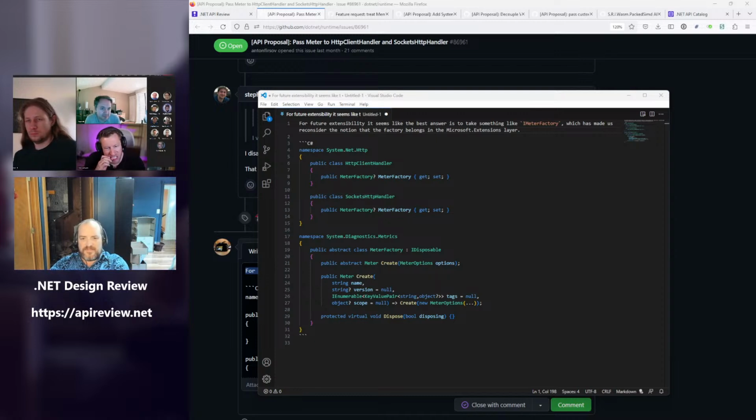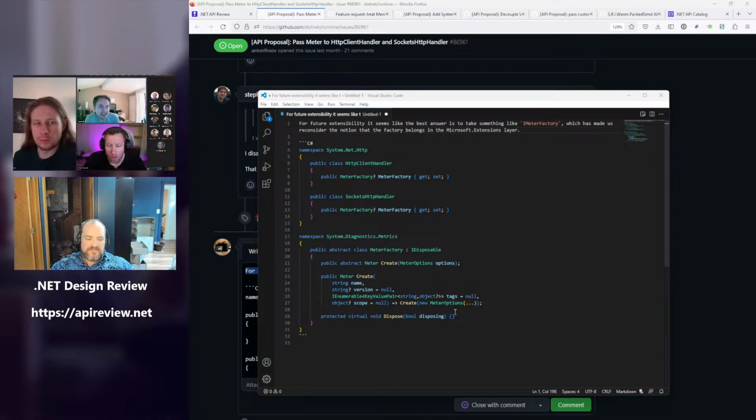Right. No, I agree, and that's why I was kind of surprised the original iMeter factory was iDisposable as well. I pointed it out because it's there, but I don't think it's necessary. It calls release on each of the meters registered to it. I don't know what release does exactly.